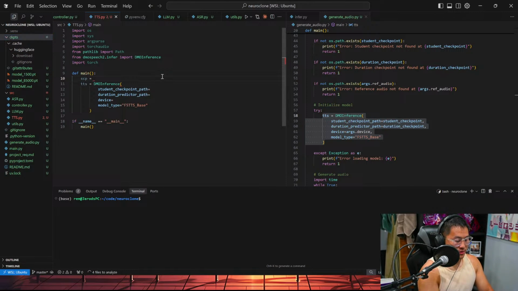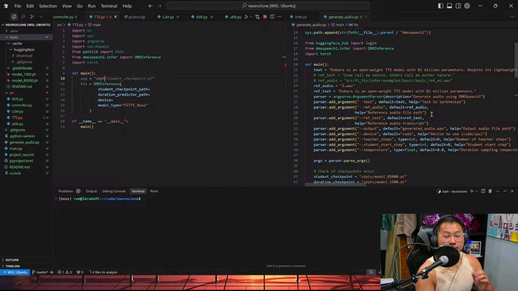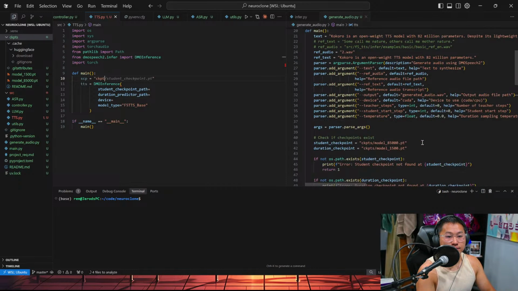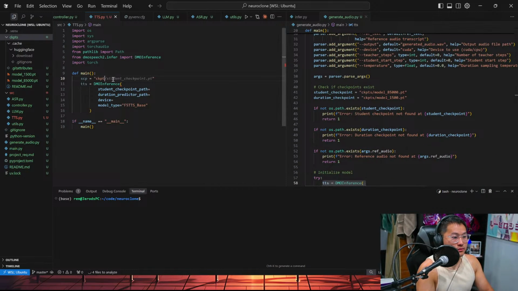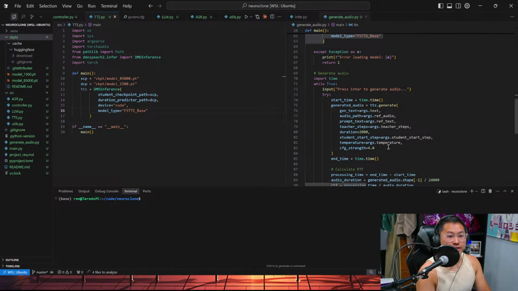What is the student one? CUDA F5 TTS base.